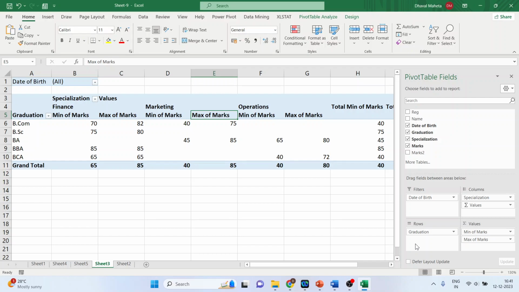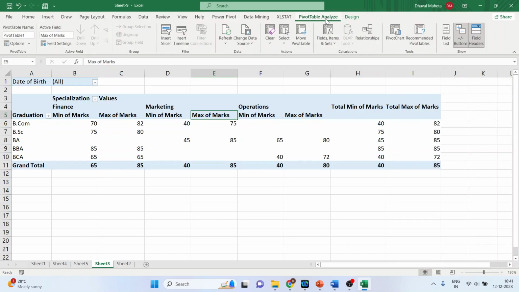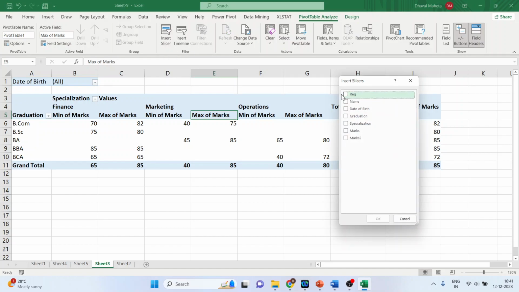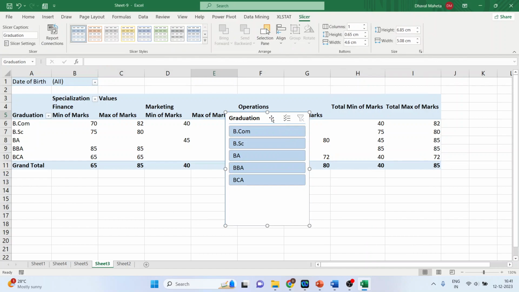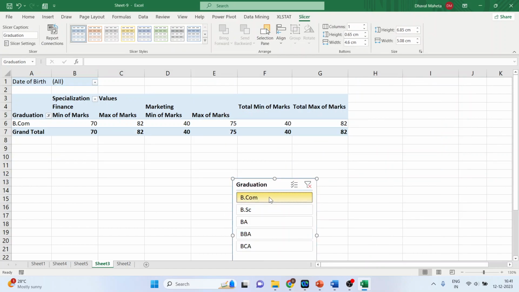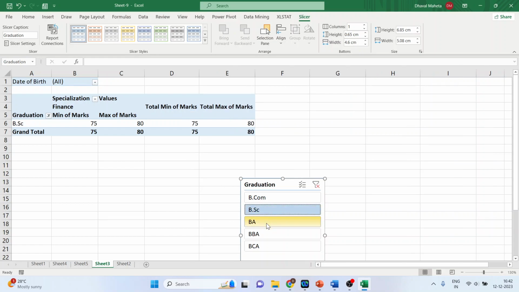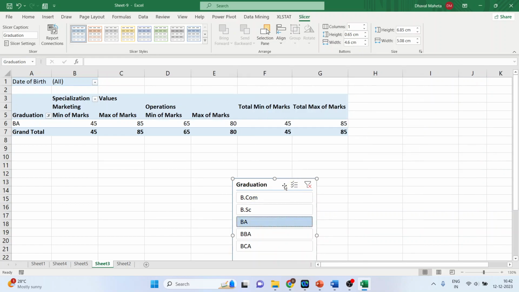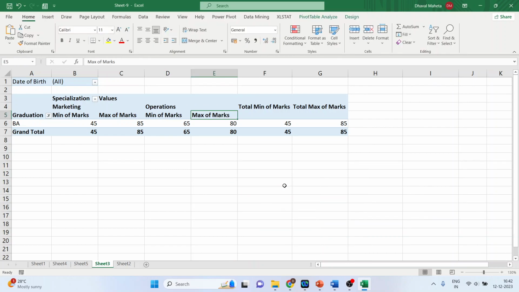We can also insert slicers here. Let's see how. Go in pivot table, analyze, and insert the slicer. So insert the slicer on basis of what? So let's pick up the graduation, click OK. I only want to see the results which are related to BCom. You can see here. BSc, BA. Now I'll press Ctrl Z